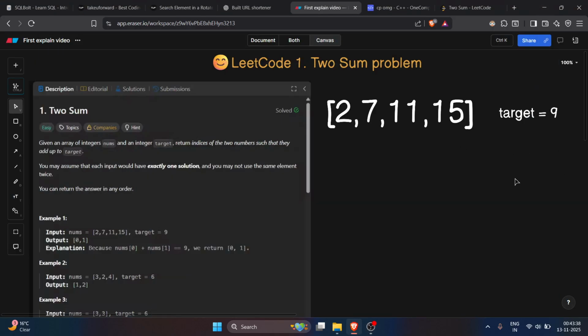Today we are going to solve one of the popular LeetCode questions, Two Sum. First we analyze the problem, then after we understand the intuition behind the problem, we write the code also. Okay, for this question, the problem statement says